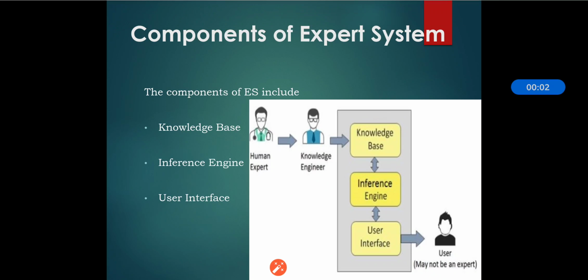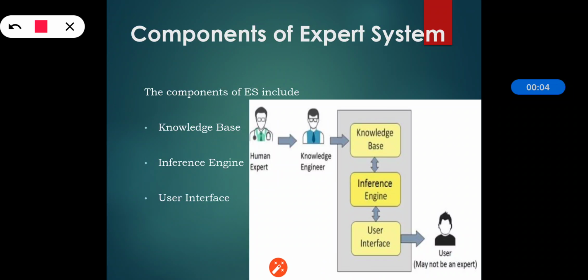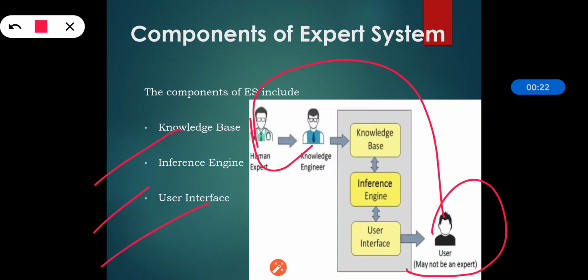We will see the components of the expert system. We have seen that an expert system is responsible for answering user queries in an interactive way. So the components of an expert system are the knowledge base, inference engine and user interface. We can see in the diagram that the user is interacting with the expert system, and the expert system is